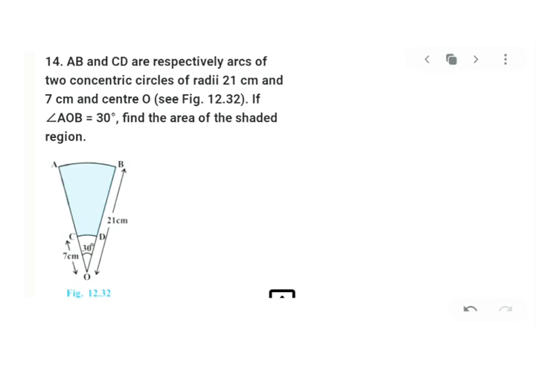Next, let's see what we can do about the next problem, and it goes: AB and CD are the respective arcs of two concentric circles with radii 21,